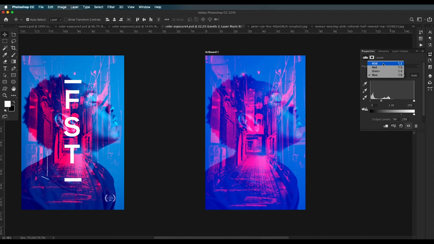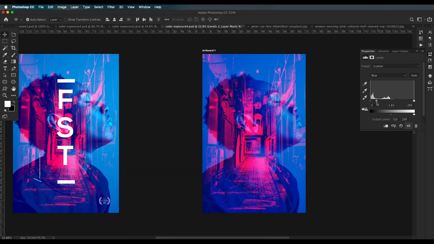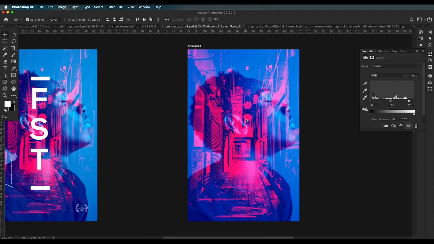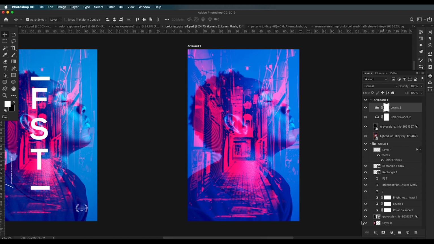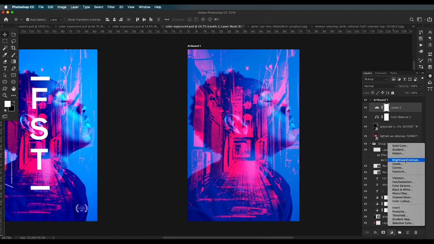Now I'll go to the RGB. As you can see, it's normally all about your color sense. You just need to adjust the sliders as per your requirement, and you'll get a nice cool effect. Now finally, I'll add a little bit of final contrast. I'll add a brightness and contrast adjustment layer to get that sharpness,